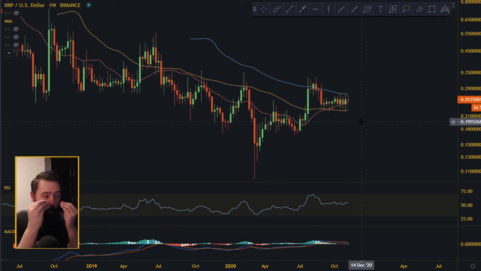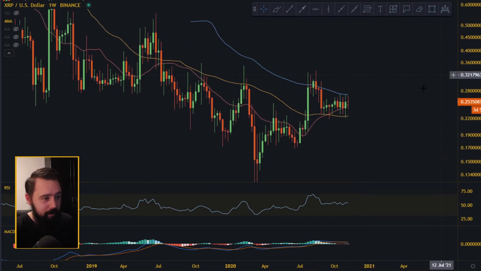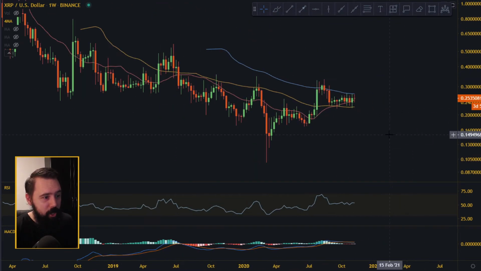Look at it with your eyes, the vision. Look at these wicks, man. It's insane. The entire chart is just full of wicks, and not just on one side, because usually when you have wicks on one side, you can come to some kind of conclusion about where the price is going to go. But this has wicks on both sides, and long wicks at that as well.